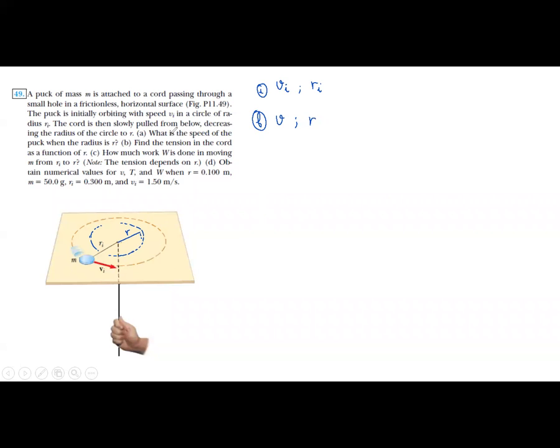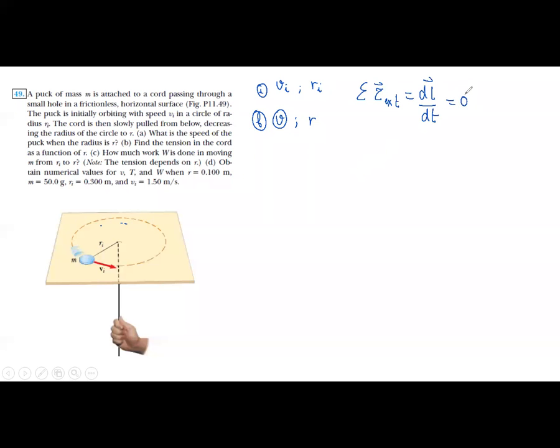What is the speed of the pack when the radius is r? So I want to find v. Okay, as you see here, the summation of tau external equals dL divided by dt,